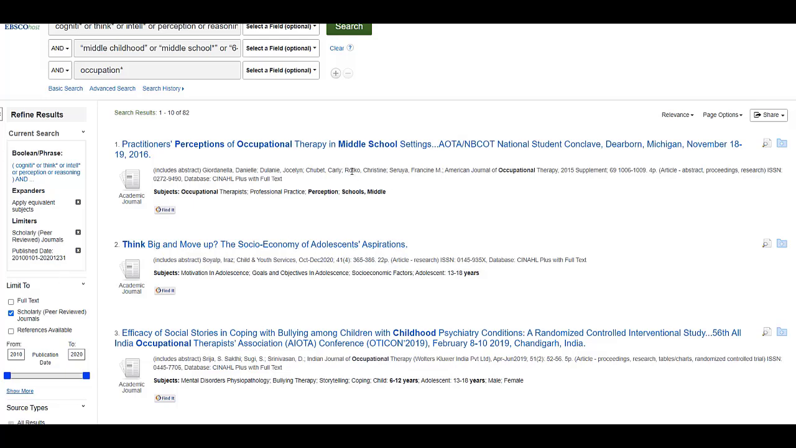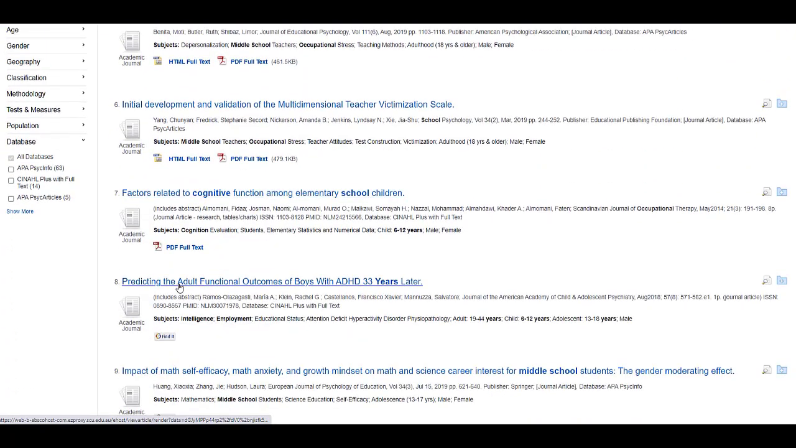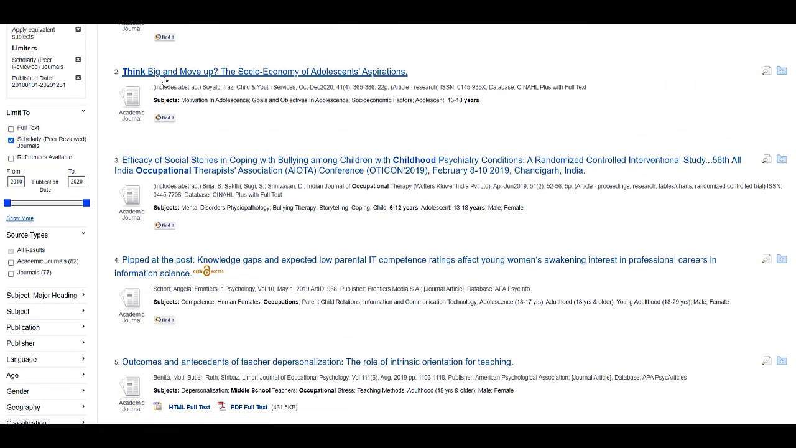So we've applied our limits. Now as we browse the titles of our articles, we'll see that some aren't available in full text. Instead, there's a Find It button. You should know, I hope, that if you click on that button, we'll go looking for the full text in one of our other databases. So I'm just going to look at article number 3, Efficacy of Social Stories. I see that's from the Indian Journal of Occupational Therapy, 2019, volume 51, number 2. So if I click on the Find It button,